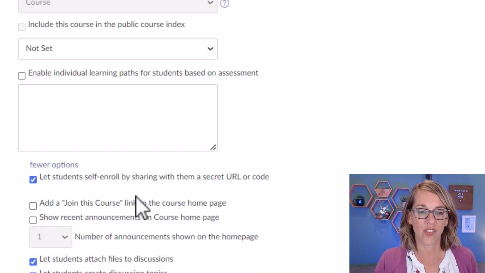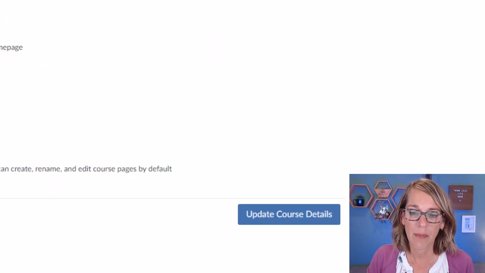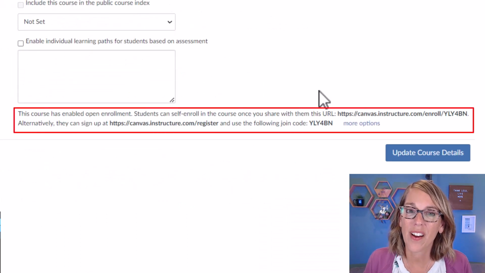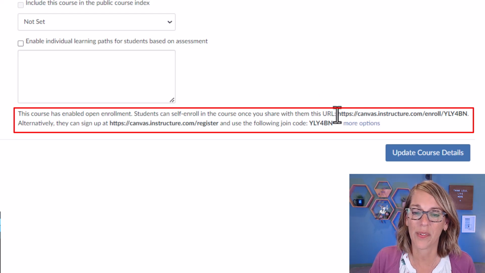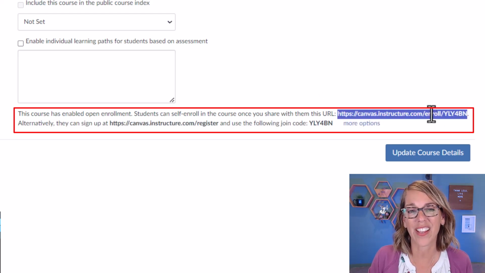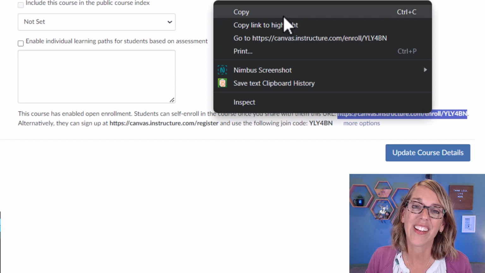I don't want to add a Join This Course link to the course homepage. You could do that though. And then I'm going to click on Update Course Details. Once I've done this, if I again scroll down to the bottom, there are a couple of links that I can share with my potential students or users. And this is one right here. I could go ahead and copy it. I'm just going to right click, or you could tap with two fingers to copy that link